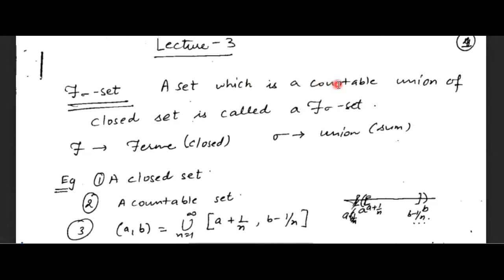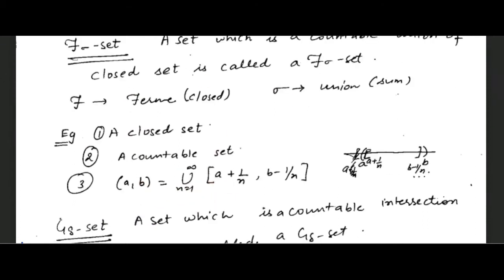Since we know that a countable union of closed sets need not be closed, an F sigma set doesn't imply that the set should be closed. Right? So any set which is a countable union of closed sets is called an F sigma set. For example, a closed set, a countable set, any open interval, because any open interval (a, b) can be expressed